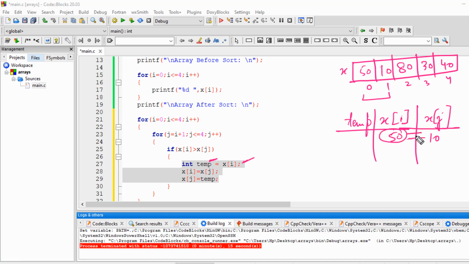We have to interchange these. I have to write 10 here and 50 here. If I write 10 here, then how can I get 50? So we have to store this 50 initially somewhere in temp. That is the reason we are using the temporary variable. So it was 50 and we will store this 50 first here, and now I can change the x of i value. That 50 was stored here,